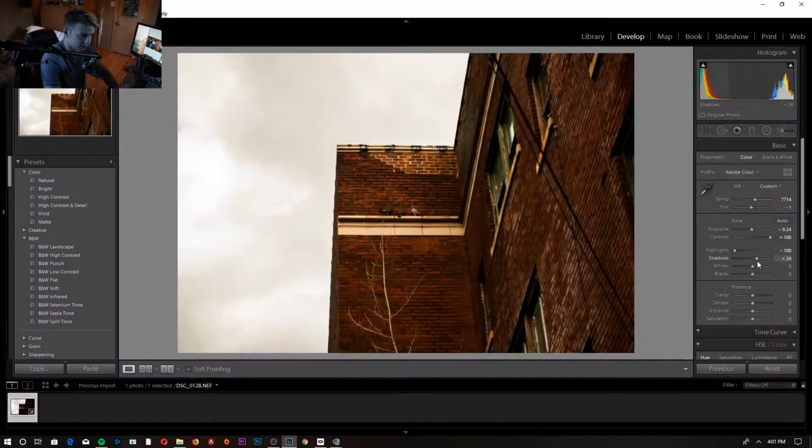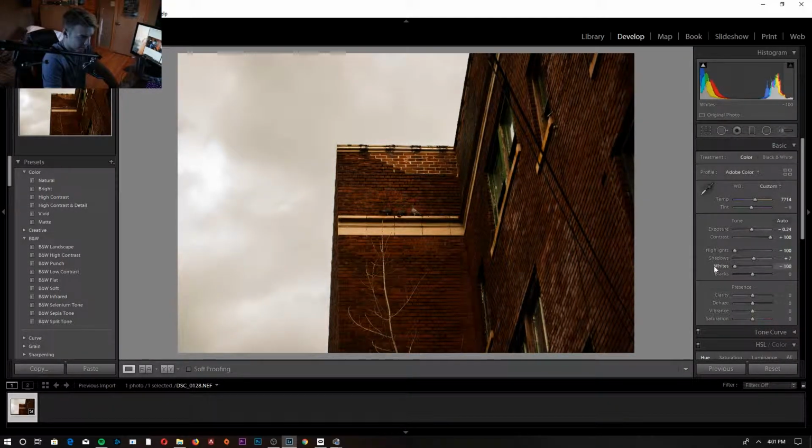So shadows, you can make everything darker. I'm going to bump shadows about 10%. The subject is these pigeons here, so I want to make them pop. So the whites, basically just the whites in the picture are more bright. So if I drop those, it would actually make the clouds better. It looks really gloomy, and then this shows how bright black is. So I'm going to drop black a little bit as well. And